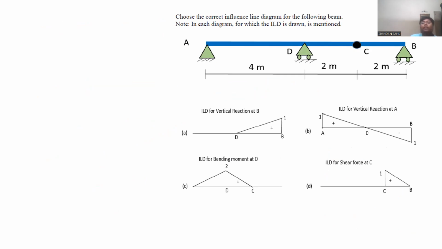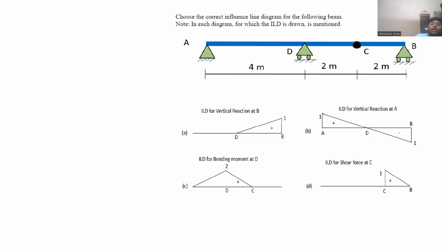Now, this question is an interesting question. Here, we have to determine the ILD for different cases, and we have to check if those are correctly matched or not. Now, let us check it. ILD for vertical reaction at B. If we have to determine ILD for vertical reaction at B